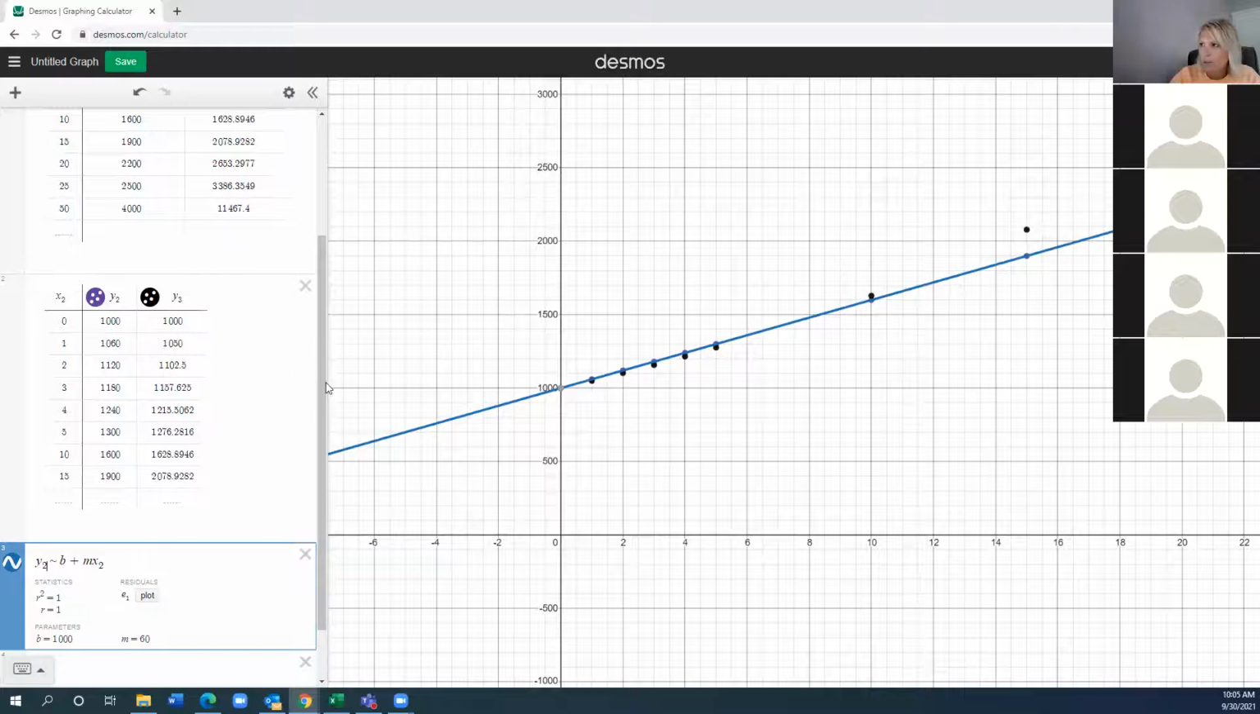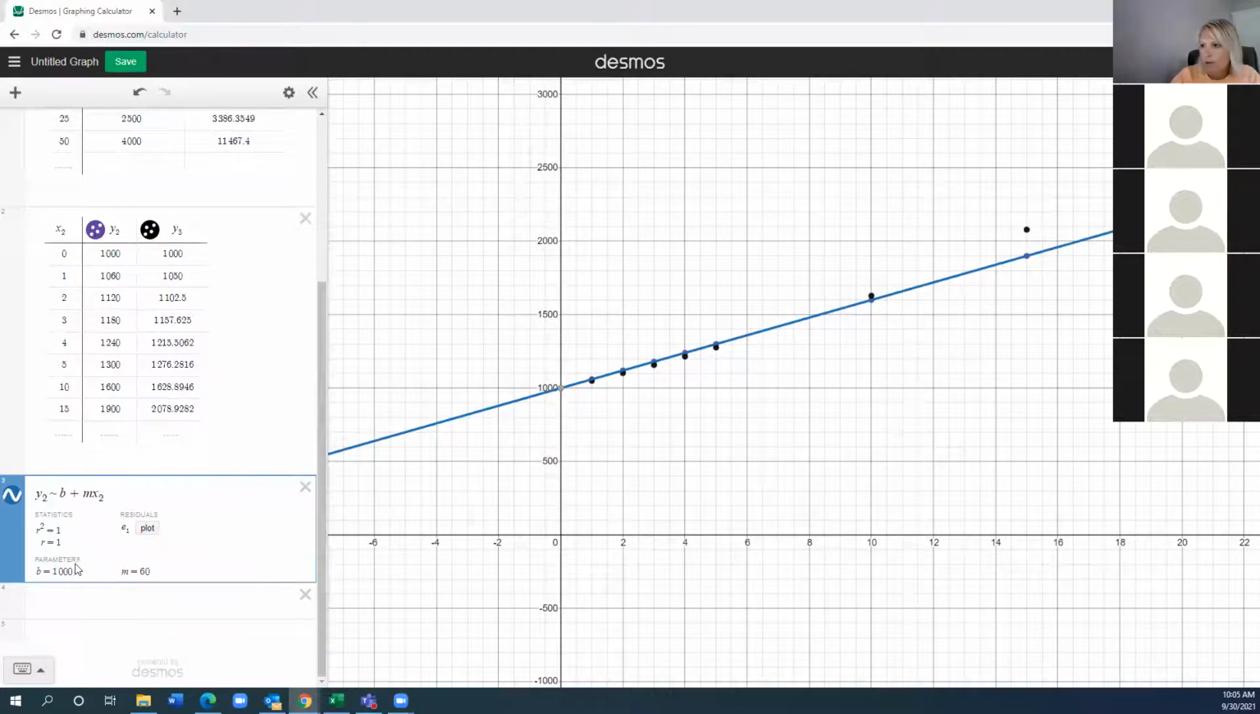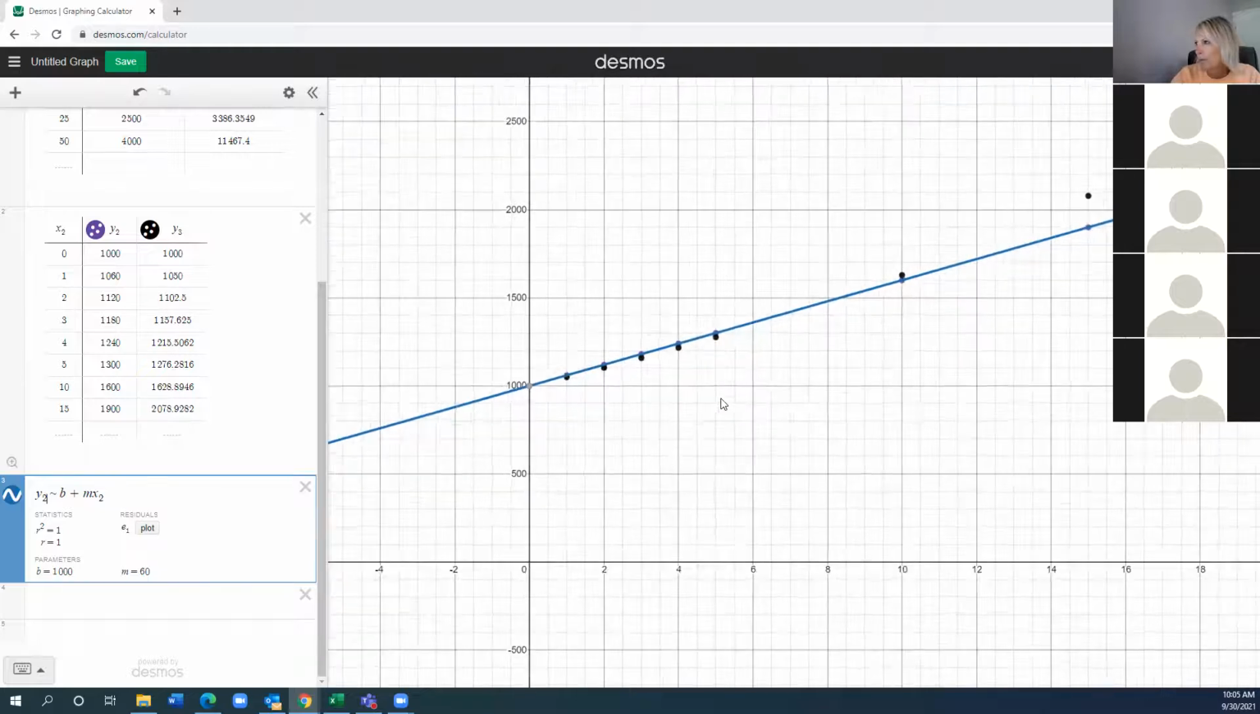So does everybody see what happened? Look down here on my printout. It gave me my B is 1,000. That's my starting value. And notice that the way I wrote this up here, Y2 tilde B plus MX2 is what we had. 1,000 is my B, my starting value, and 60 is my repeat amount that I'm adding every time. So everybody see that? And what's cool is it just drew the line here so I can predict in between here. And I want to predict when it actually intersects,